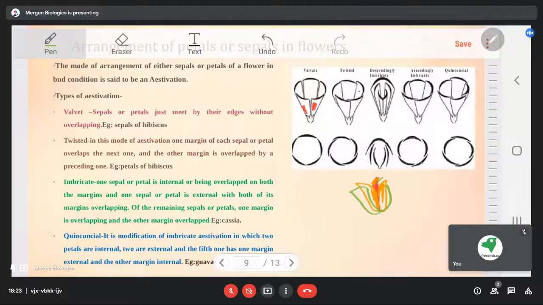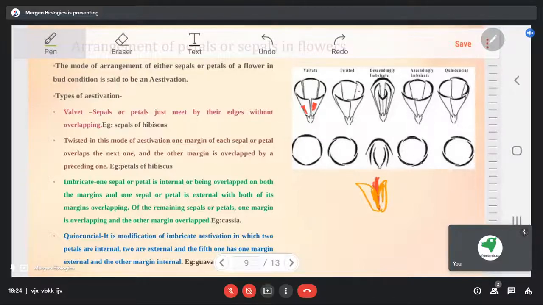So this whole estivation or arrangement is known as imbricate. There are two types of imbricate, ascending and descending. In case of ascending, the first whorl is present at the outermost level. That is, if this is the first petal and this is the last petal, then they are known as ascending imbricate. But in case of descending imbricate, the opposite of ascending takes place, and that's how they are further divided into two subunits of imbricate itself.